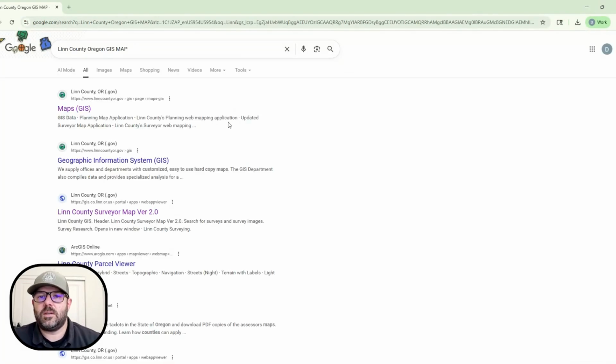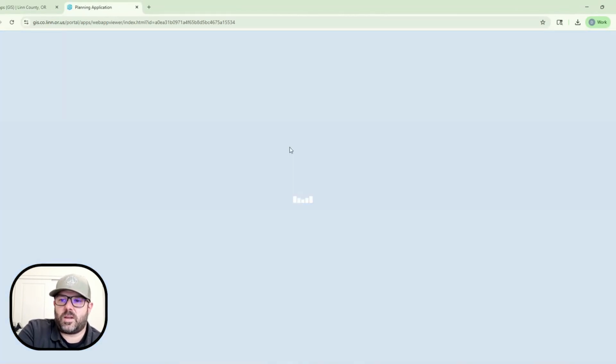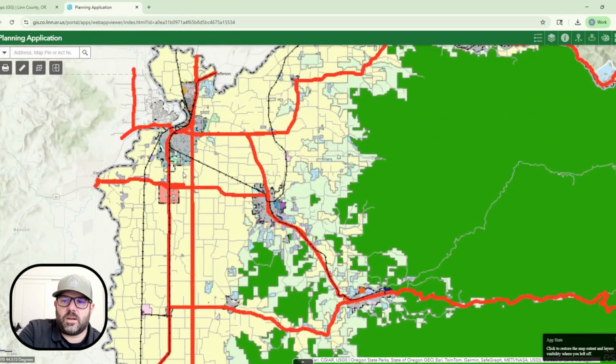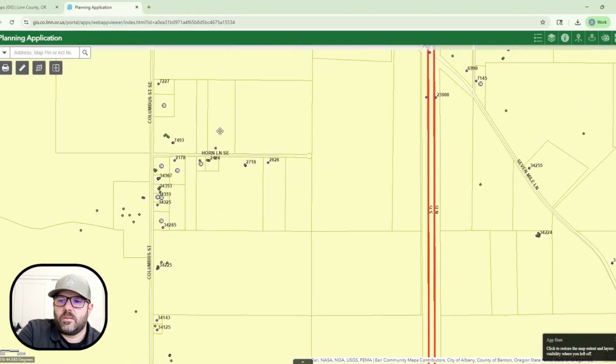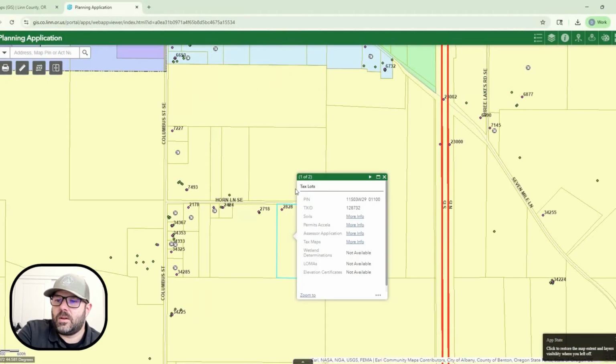If I do that search and come over here, I'm going to open the planning map application, which is going to get us right into that GIS map. And then we're just going to drill down into a random property here to work with. So let's go ahead and snag this one. This is not a property that I know anything about, but first thing is we're popping this information up, and